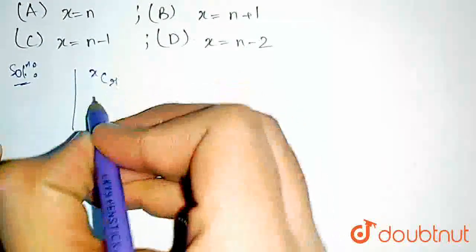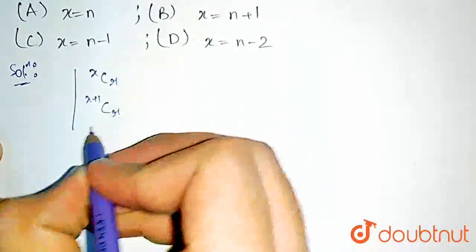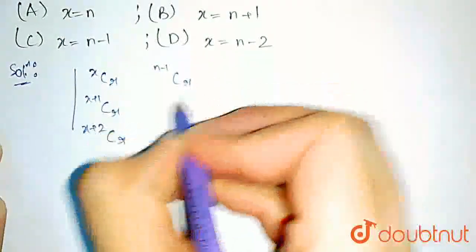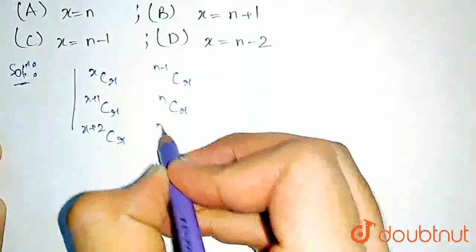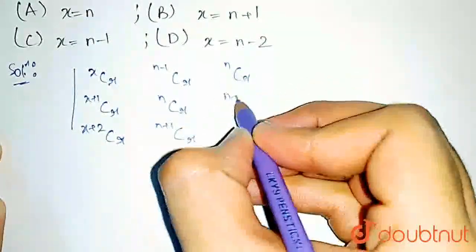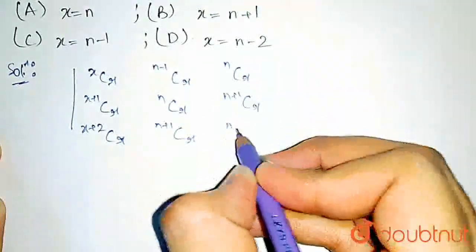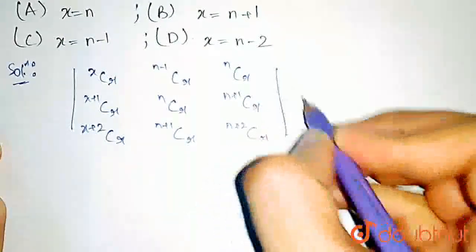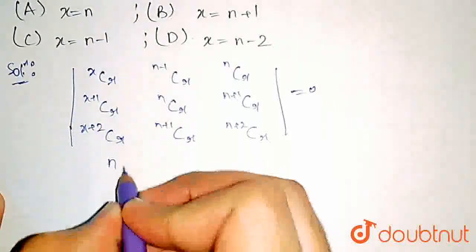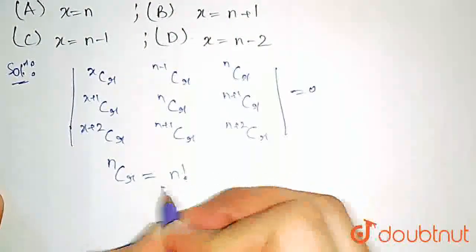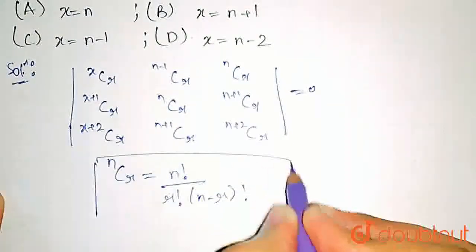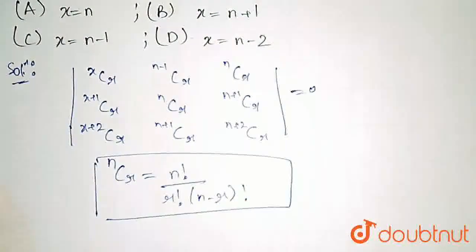xCr, x plus 1 Cr, x plus 2 Cr; n minus 1 Cr, nCr, n plus 1 Cr; and here nCr, n plus 1 Cr, and n plus 2 Cr. This is 0. Now we know that nCr is equal to n factorial divided by r factorial into n minus r factorial. This is the formula for nCr. Now using this formula here, we will get